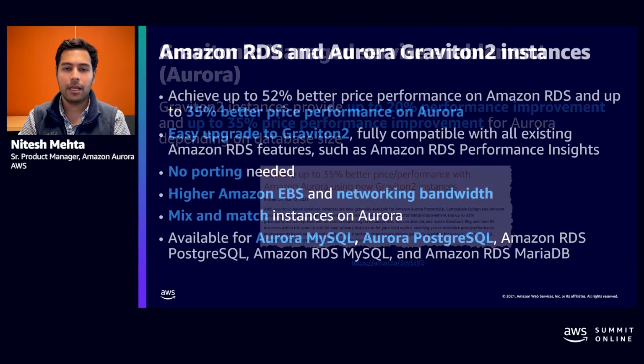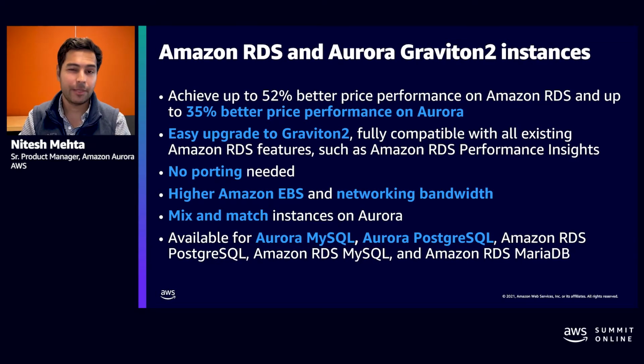So I want to summarize a little bit more about what customers can expect when they use Graviton2 instances. Like I mentioned, the main value proposition of using Amazon Aurora and Graviton2 is that you get up to 35% better price performance on Aurora. That's massive. So if you have an Intel instance today, by simply changing that workload by a very simple CLI call or a console call, you immediately are getting up to 35% better price performance. That can yield a lot of cost savings for some of our more cost-conscious customers. And we are seeing a lot of customers adopt Graviton2 instances on Aurora for that particular reason.